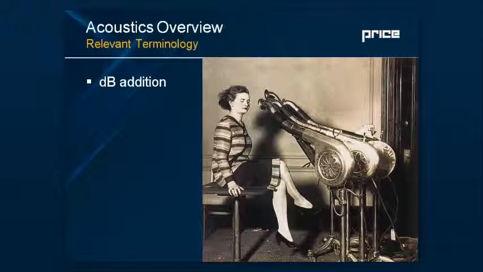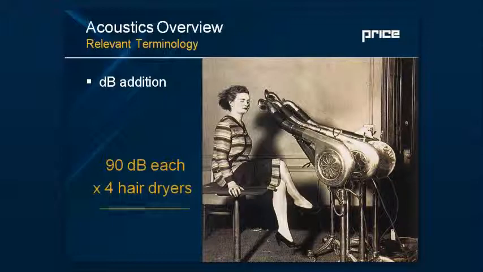So we have an example here of dB addition. She's drying her hair, and thankfully hair dryers are not this large anymore. But in this example, if each hair dryer is 90 decibels, and there's 4 of them, can anyone, which again we can't do interactive back and forth, but hopefully you're doing the math in your head right now. And so the total output of these 4 hair dryers would be